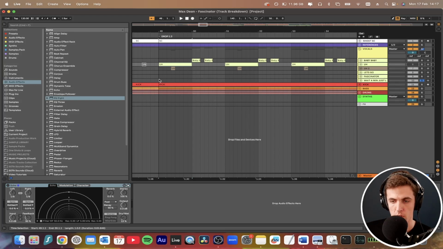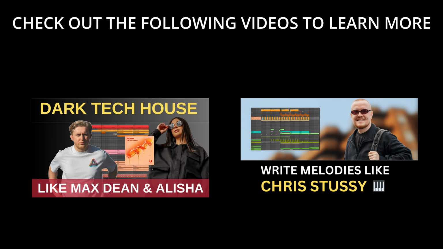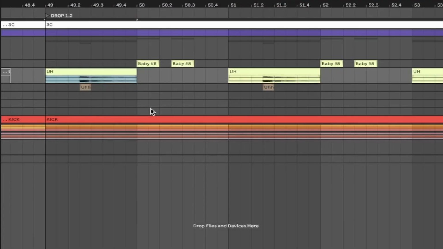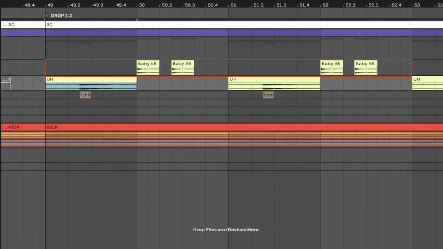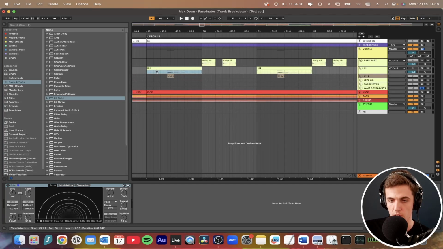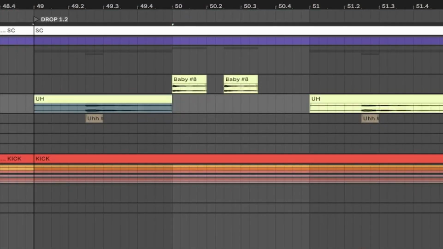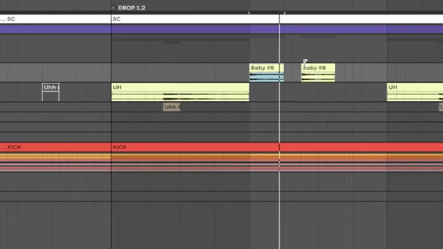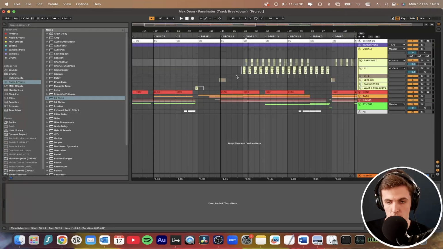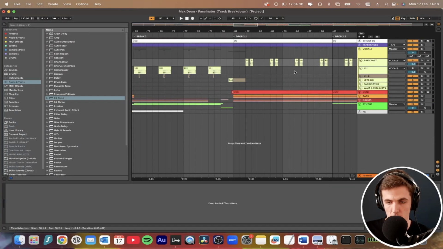A big part of this track and his style is the call and response technique. I've talked about this a few times in various tutorials, but it's fairly standard in principle. Basically, what you want is a layer introducing an idea, and then you want another layer finishing that idea. What you can do is you can find different ad-libs and you can have them talk to each other. So this is playing the question. And that's the response. This is kind of the main riff which plays throughout the drop, and throughout the track